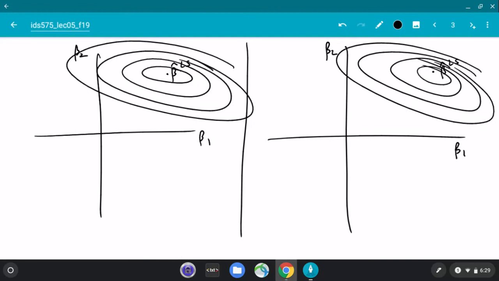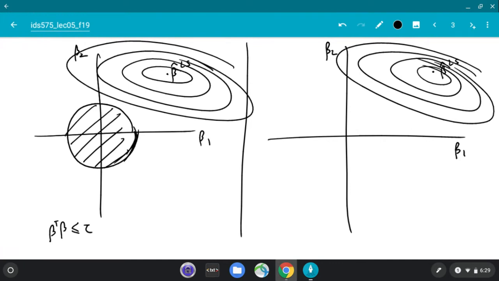What I want to show is that the ridge penalty we saw is like a ball. In fact, it's a circle with the inside part being the valid region when it's in 2 dimensions. Remember, beta transpose beta less than or equal to some threshold, tau. Tau is a Greek symbol. This was just beta 1 squared plus beta 2 squared less than or equal to something, let's say 1. Tau, let's say, is 1. Okay, so that's the definition. That's the area covered by a circle, right?